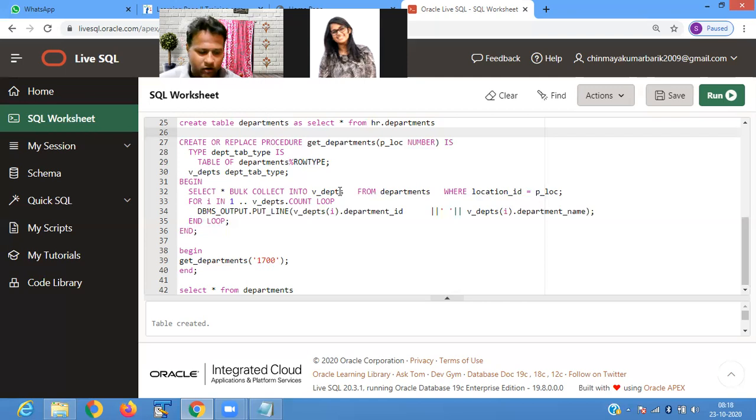Then you get this information from the v underscore department table. So we are using a loop here: for i equals 1 to v department count loop. It retrieves all the records.